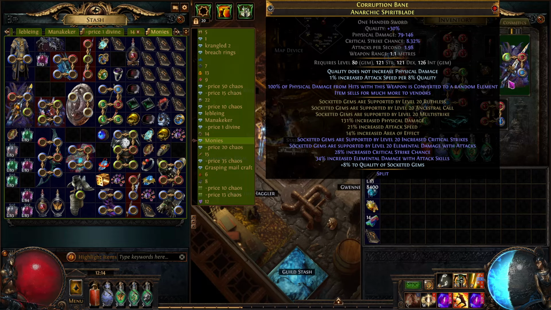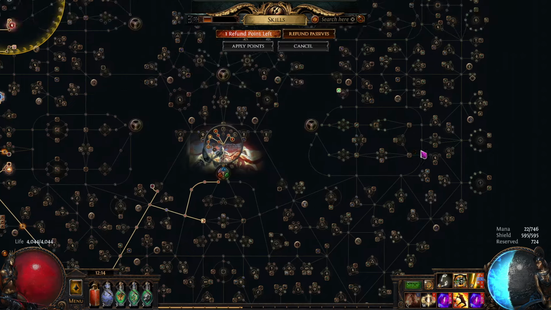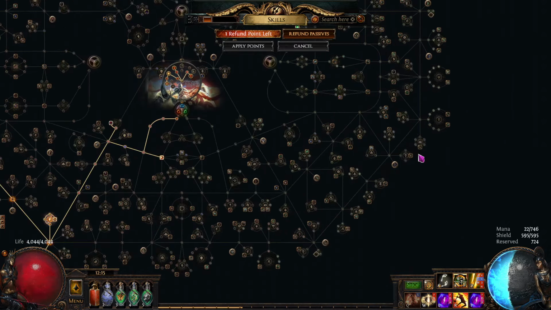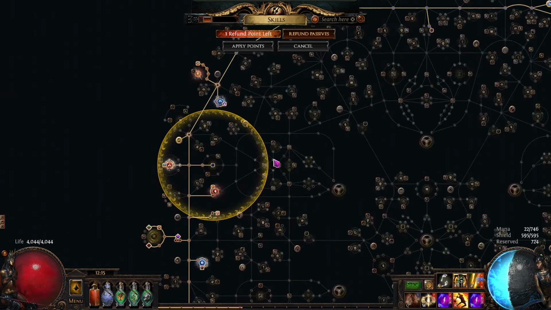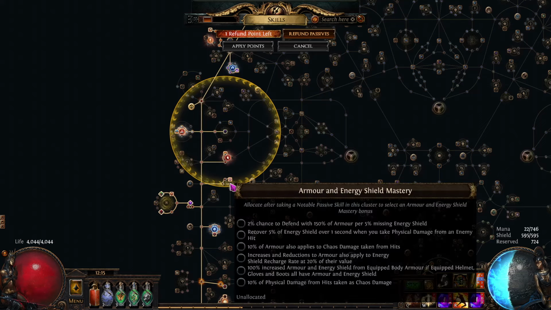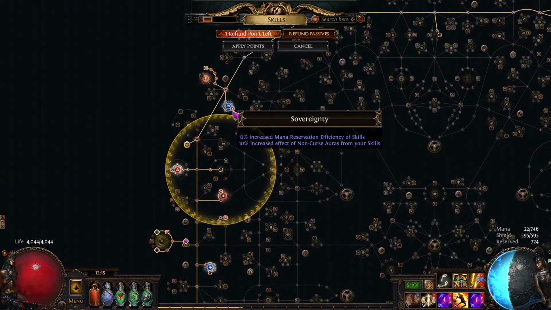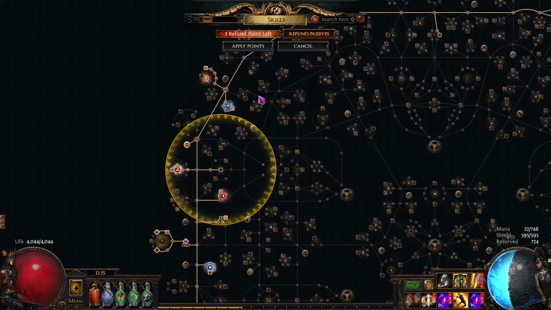I mean, it would be nice to have a claw too, but I thought about claws for a bit and in the end didn't really think it's a good idea, because although there's quite a good bunch of nodes here on the right side, what the left side is really good for is actually this side. So all the crit stuff, the armor stuff, and then the aura. This is like one of the best auras,